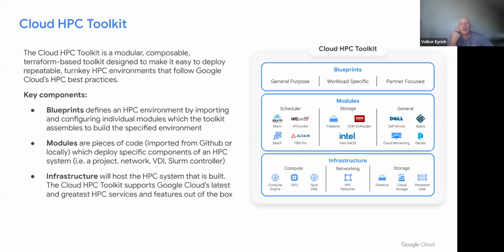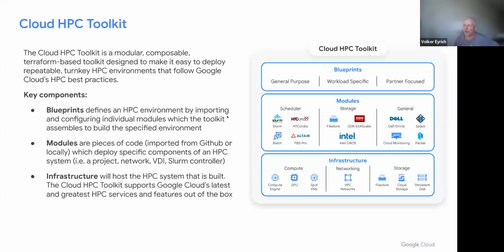Spack, for example, is very popular these days because it allows you to automate and streamline installation of scientific software packages, compilers, actual applications, and the like. Again, would be happy to deep dive into this. You can also take a look yourself. If you look for the HPC Toolkit on GitHub, it will give you a very good sense of what the